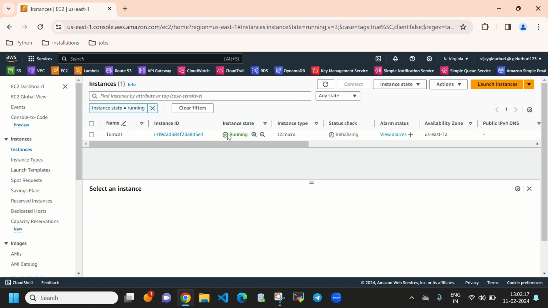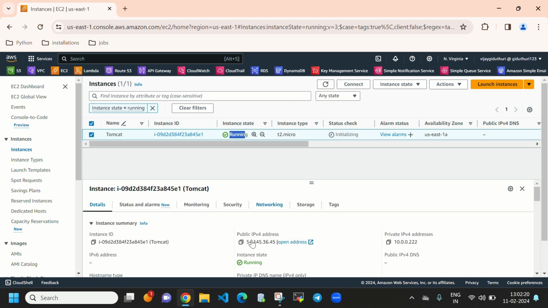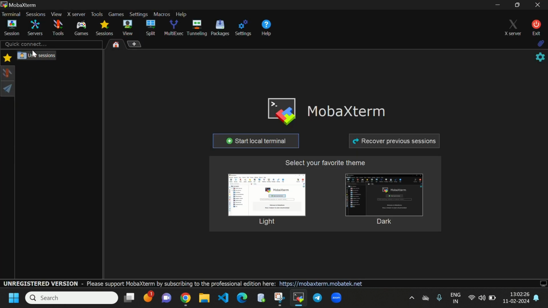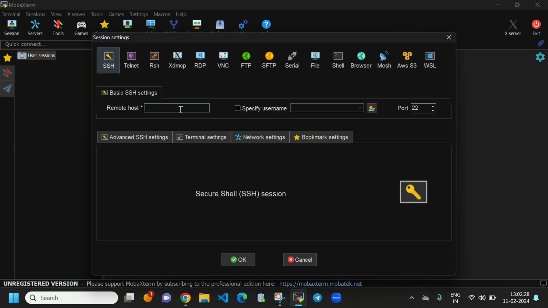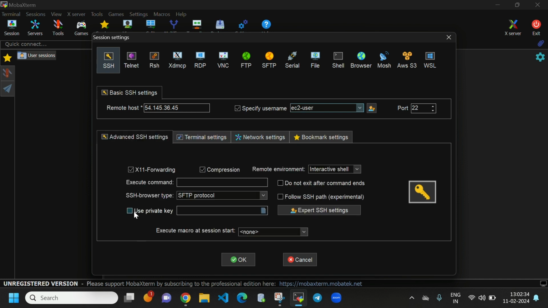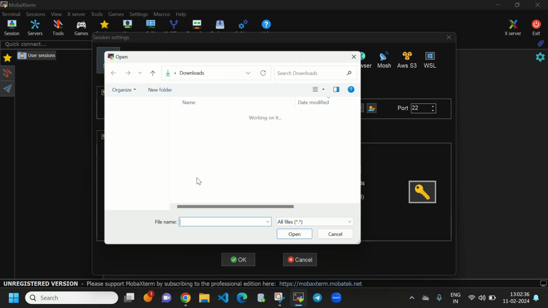You can see the instance is in running state, and let's connect to our virtual machine by using SSH connection. You need to copy the public IP of our EC2 instance and SSH as ec2-user, and here you should give the path of the key pair.